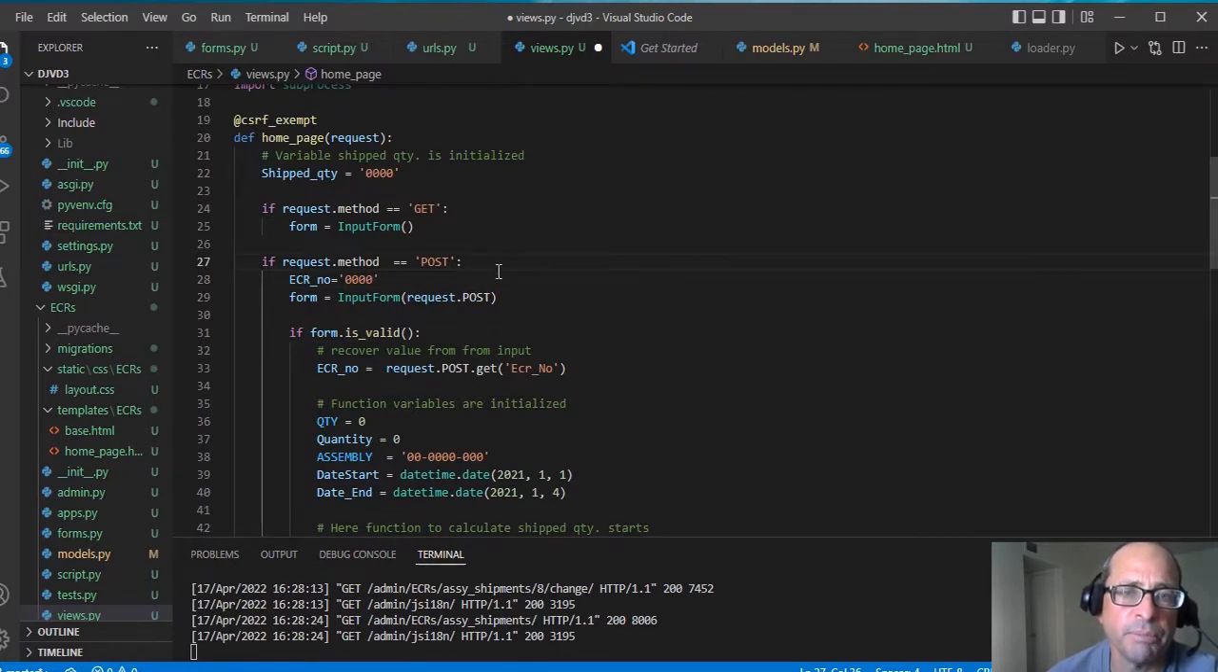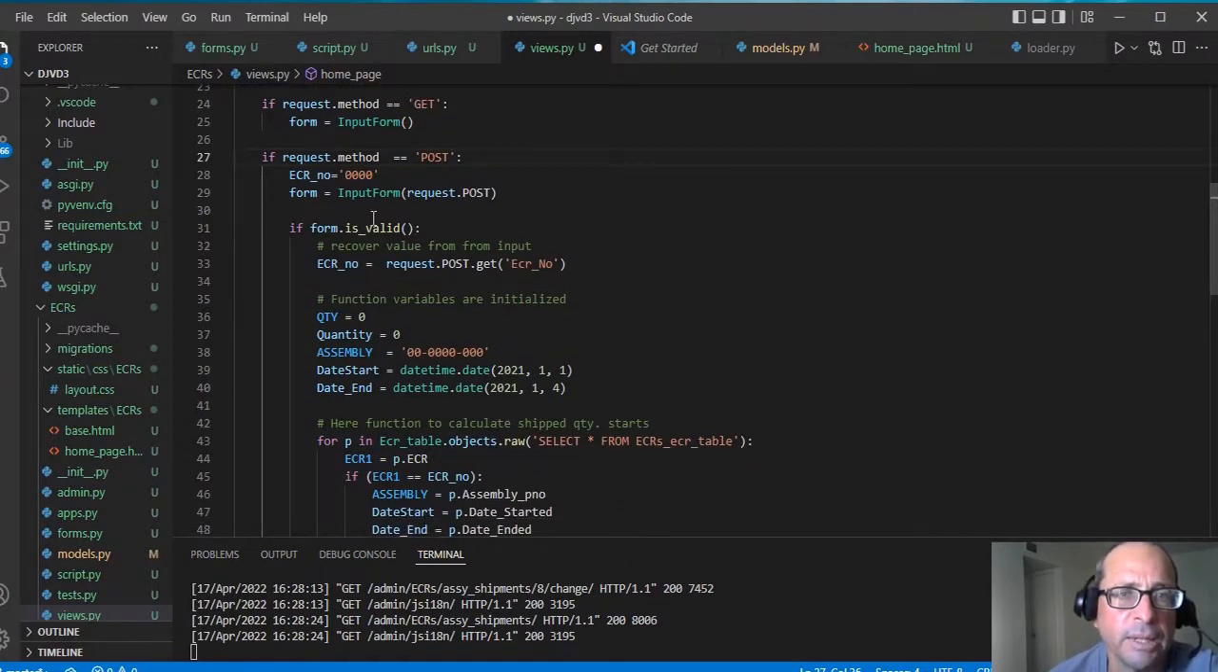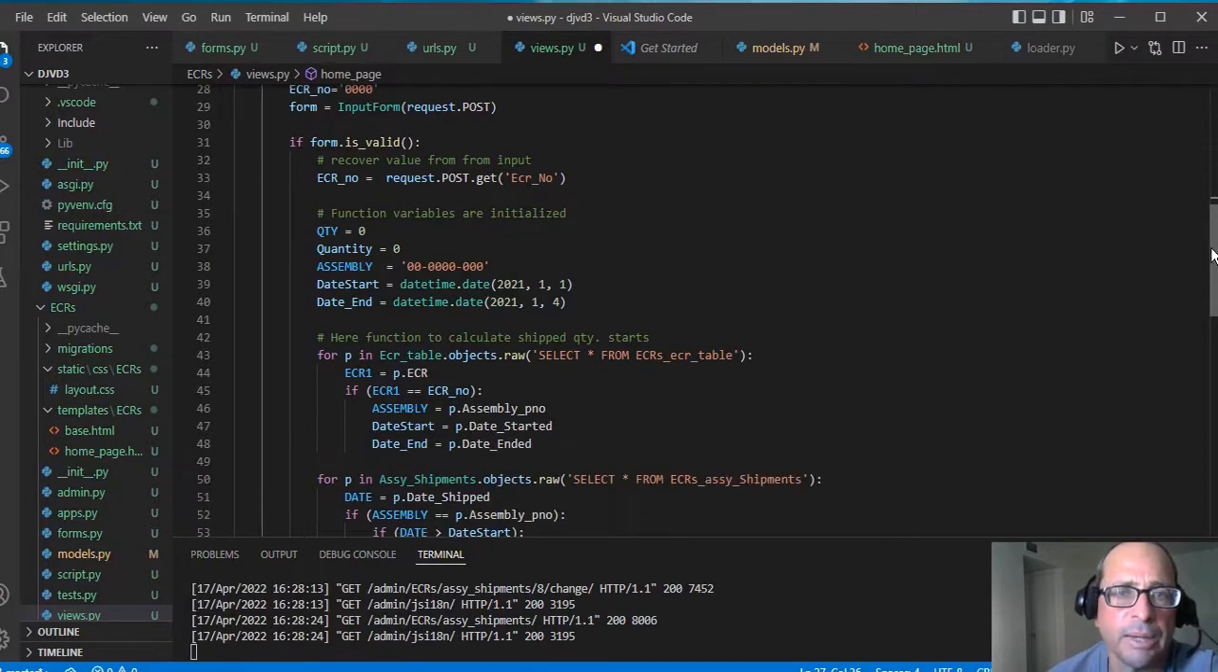Method is post because the input value is going to change the database. So input form request post, it will save the form as a variable named form. If form is valid, it basically cleans the form input to make sure that the input is valid. So request post get ECR number, so it stores the input value into the variable ECR,